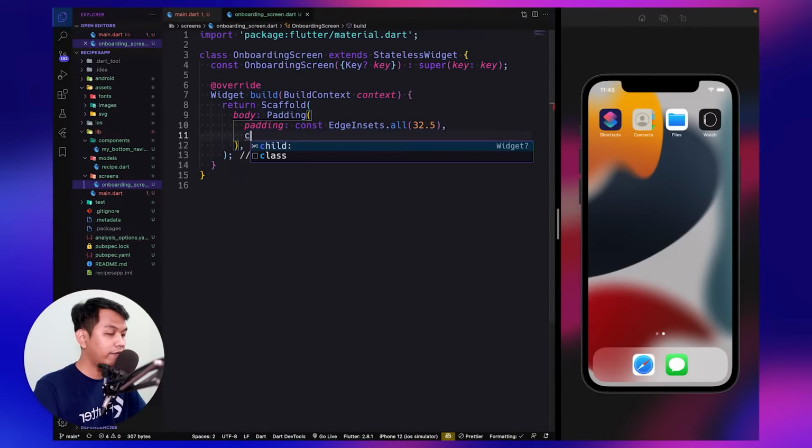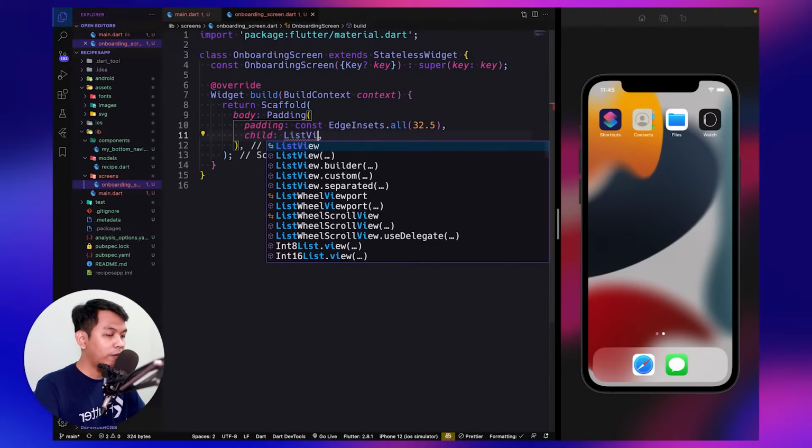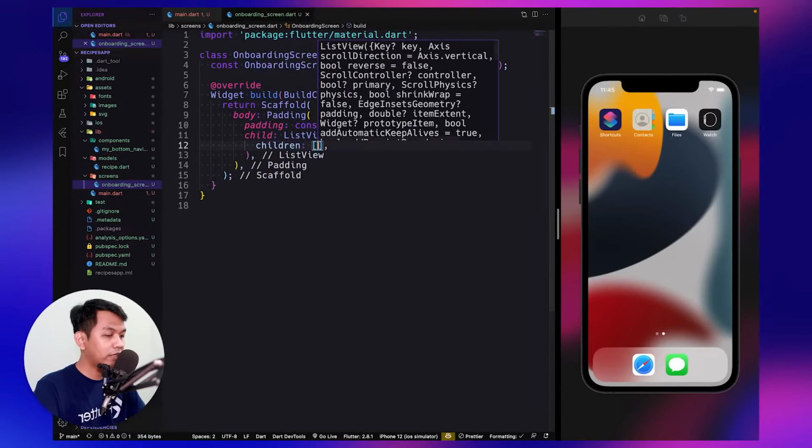And padding has a parameter child, and for the child we use a ListView, and ListView has the parameter children, and the first child is a SizedBox.